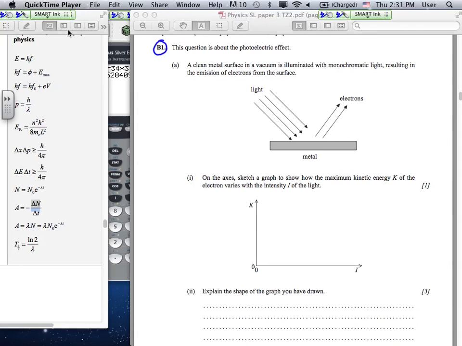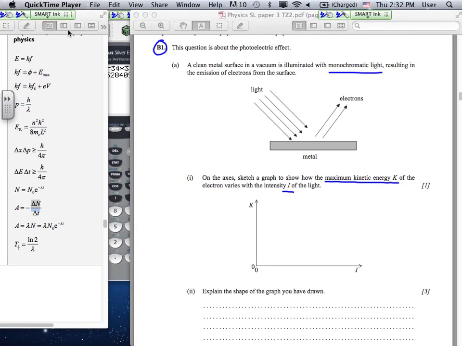Question B1. This question is about the photoelectric effect. It says a clean metal surface in a vacuum is illuminated with monochromatic light, that means light all of one frequency or wavelength, resulting in the emission of electrons from the surface. On the axis, sketch a graph to show how the maximum kinetic energy K of the electron varies with the